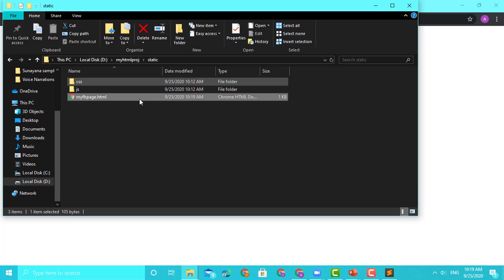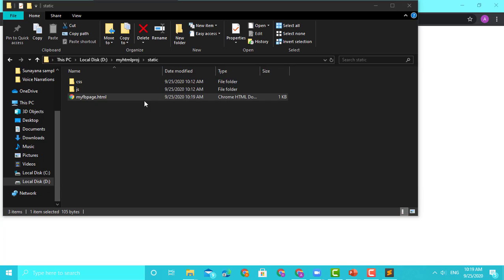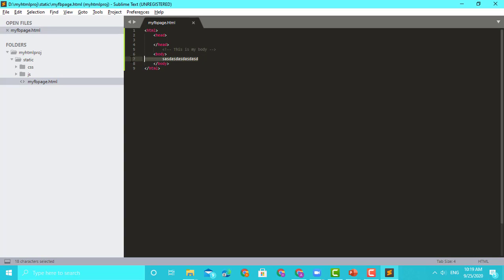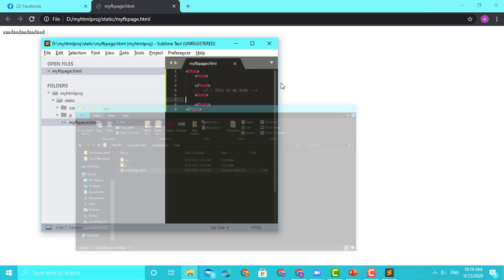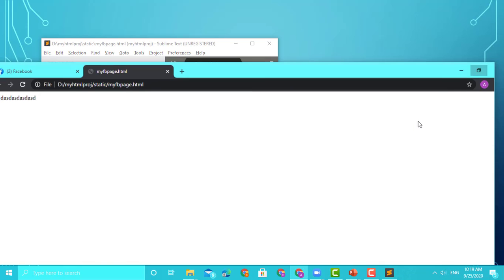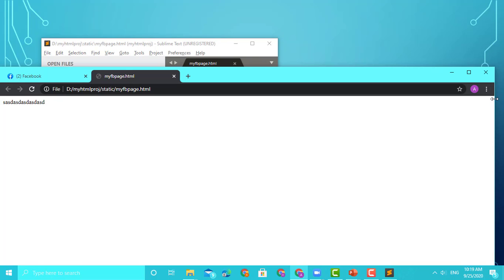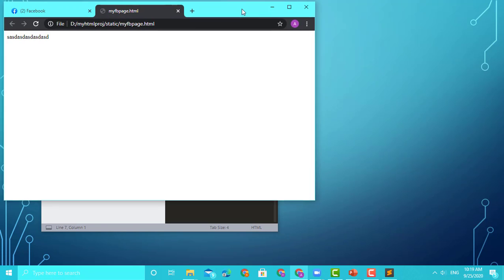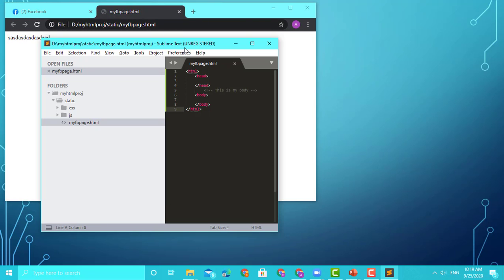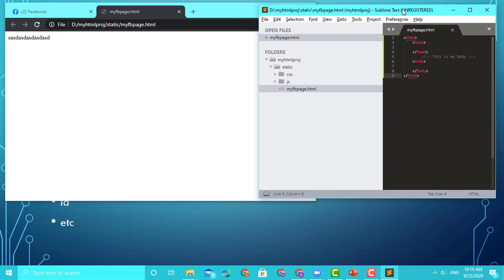Now I have a problem. I have to tab, go back, come here multiple times, right? If this is a very big and complex page, how many times are you going to go back and forth? Two things you can do. One, minimize this, put it side by side, and then you start doing.